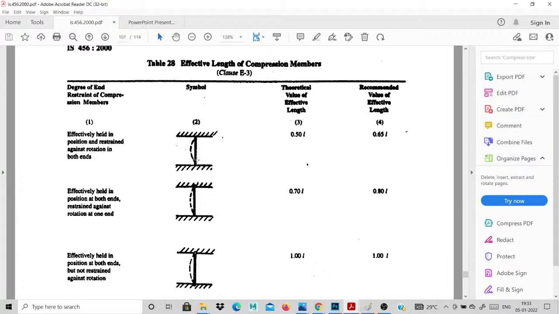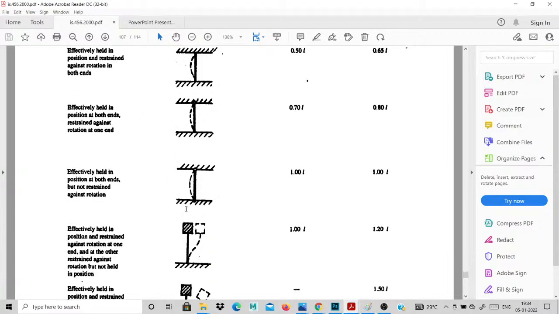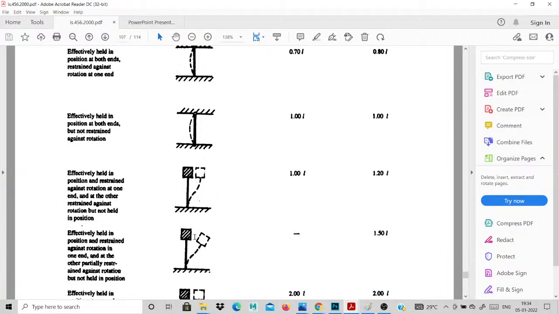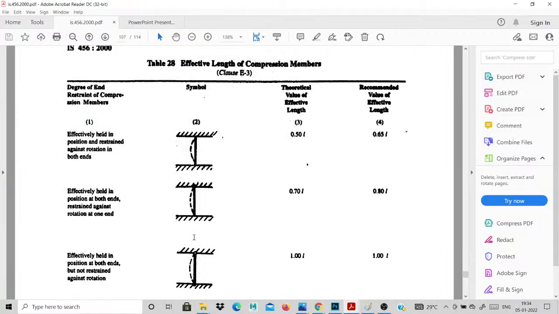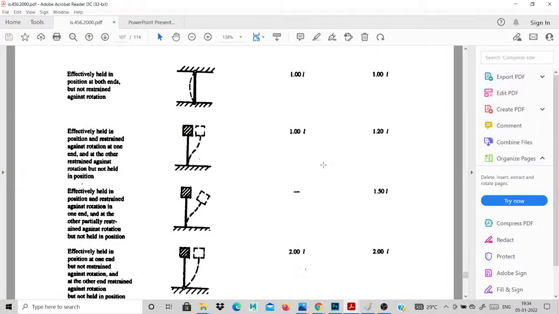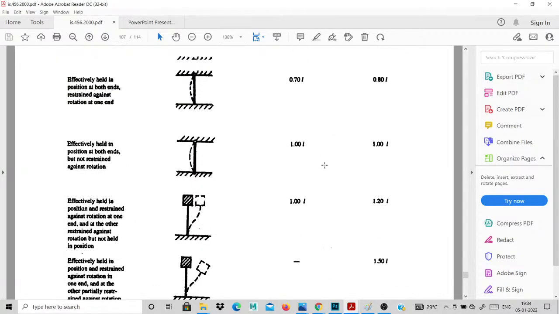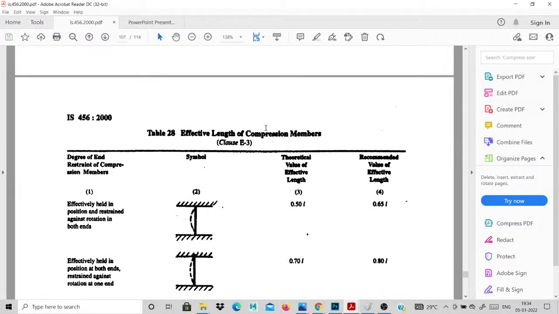First, this is buckling, or bending. It is the same as the rotation in a beam; the same values will come based on your beam condition. Based on your fixed conditions, or one end fixed and the other end free, like a cantilever, this compression value you take as the theoretical value. All of us take this from the table of effective length of compression